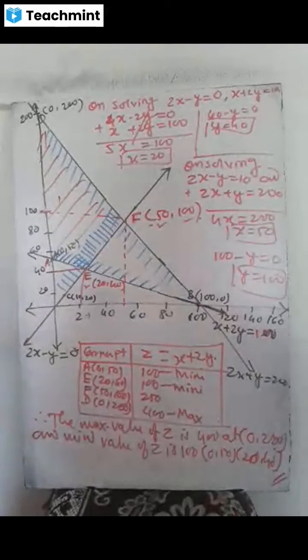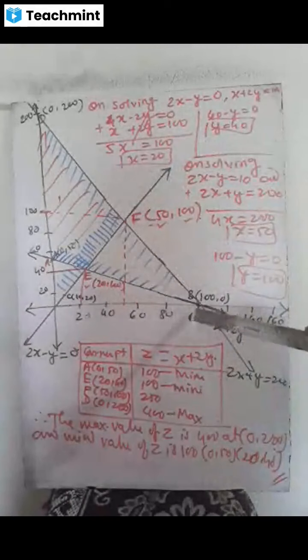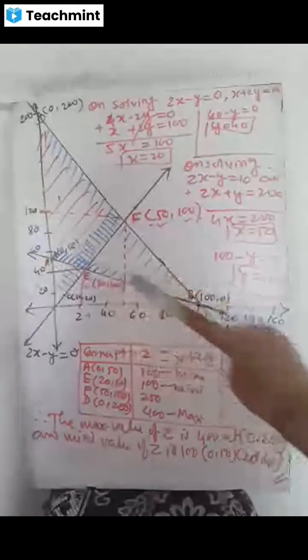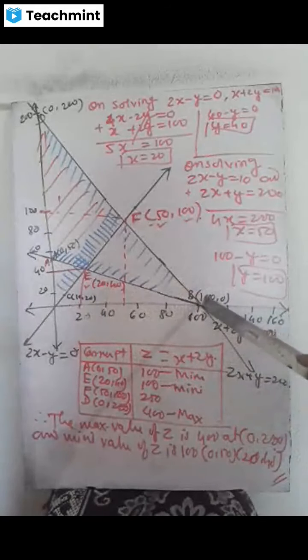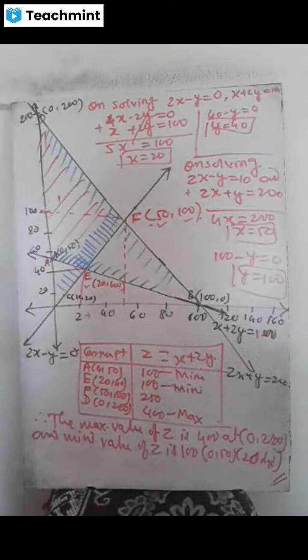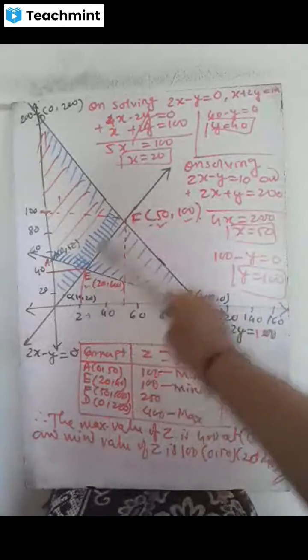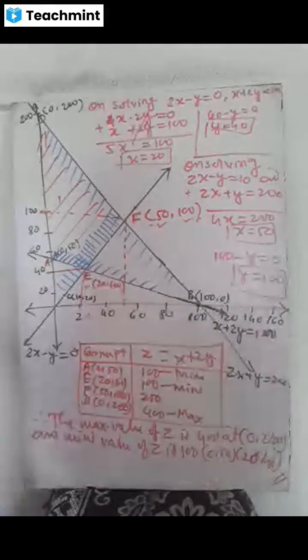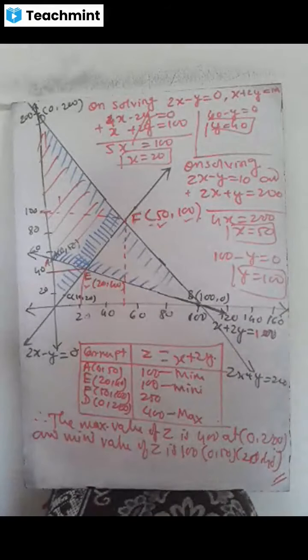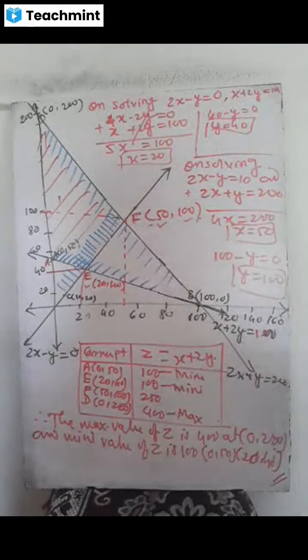Now after getting all the three tables, we will plot the graph. So first line, we got it as 0, 50 and 100, 0. So this is the line x plus 2y equal to 100. Then second line, one point is 0, 0, other is 10, 20. So it is passing through the origin and its feasible region is towards the y-axis. And third line, we plot the points for 2x plus y equal to 200, and we got the diagram like this.